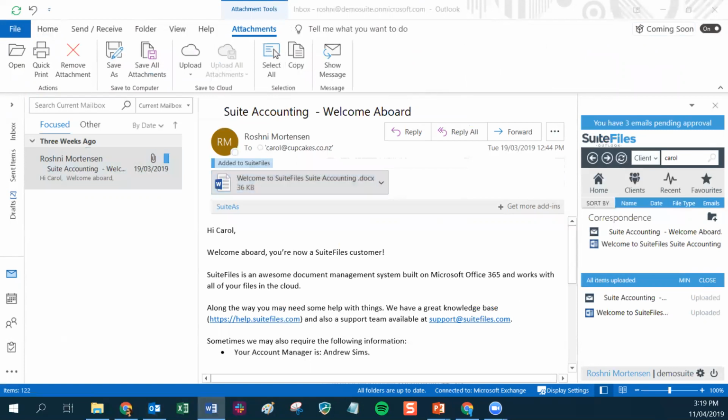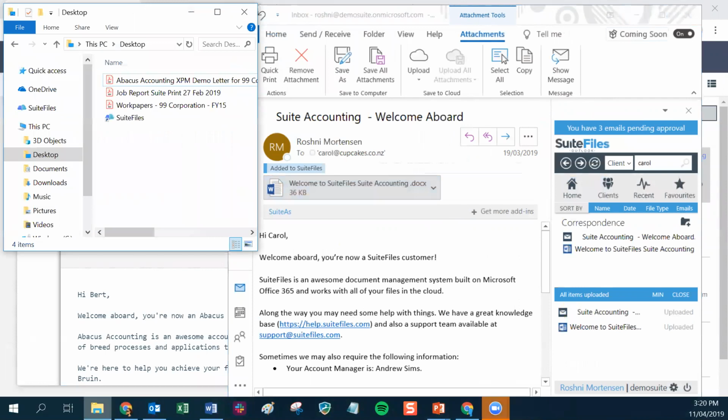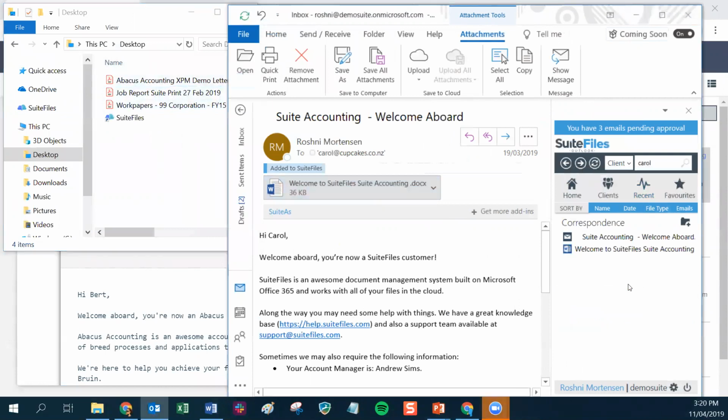But did you also know that you can drag and drop files from, say, your desktop into the Outlook add-in? So maybe you just don't have your browser open, but you're working in your emails. What you can do is, if we just minimize this a little bit and open our File Explorer, I have a few files that I've just got hanging out on my desktop. So what I want to do is file these away in the Outlook add-in. I'm just going to close that little uploaded bar, just to give me a little bit more room to